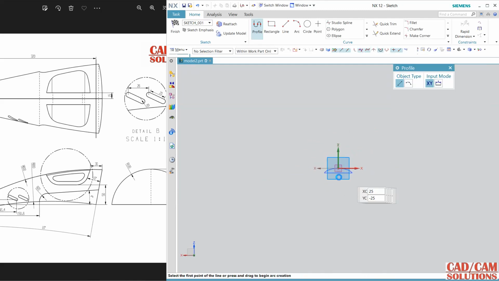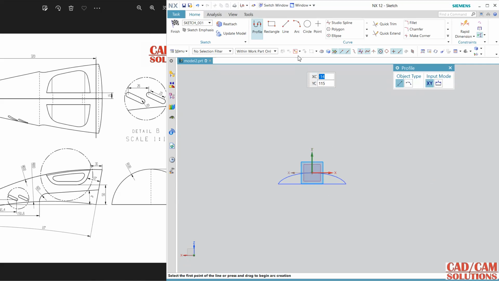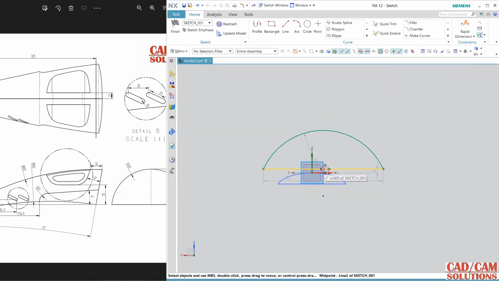Now this is the line, and draw an arc and click. Pick this and the origin, no problem, just select this one and make them constant.